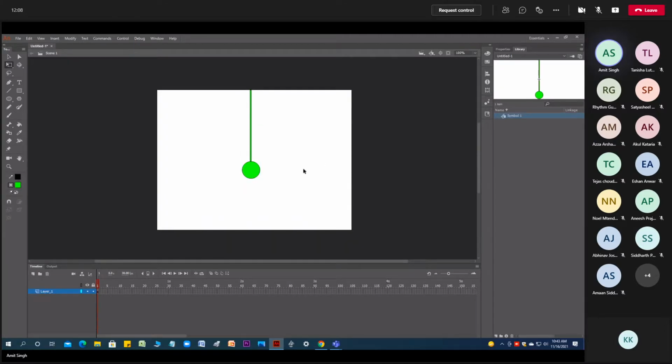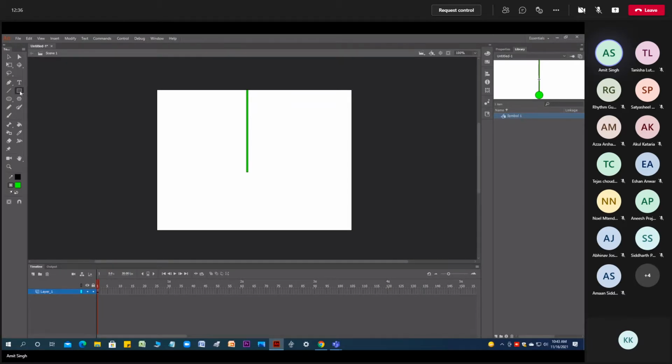So what exactly I did, I took this rectangular box as a tool to give some kind of volume.